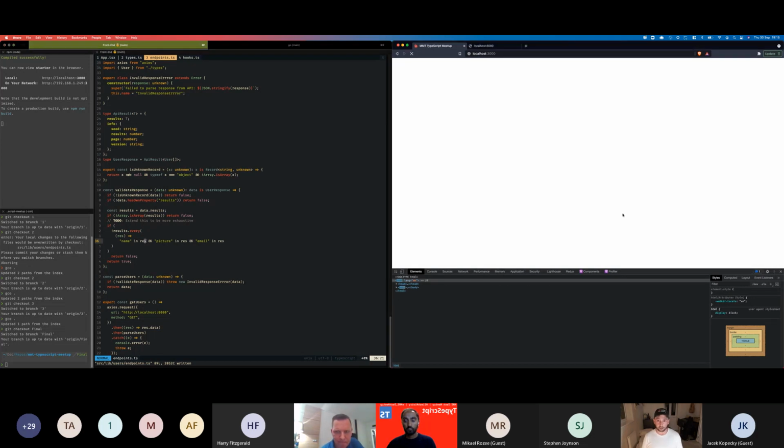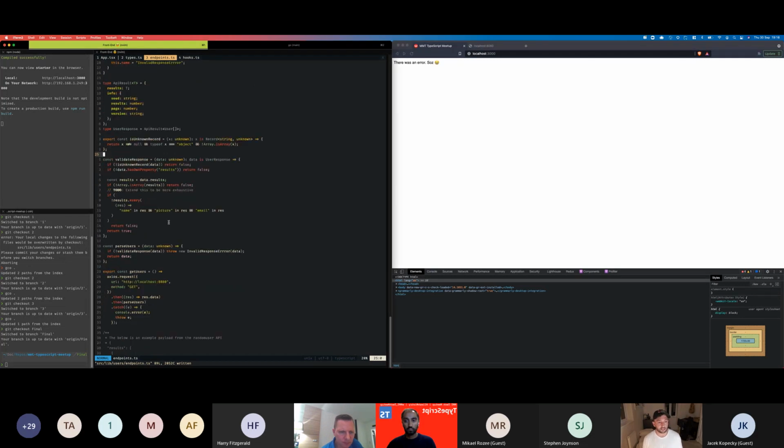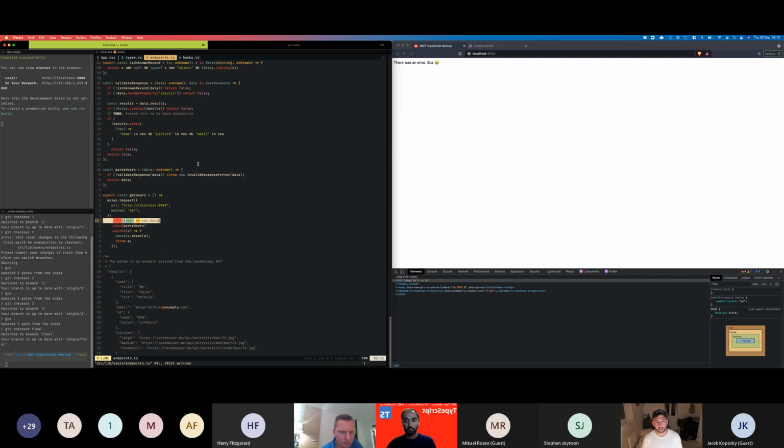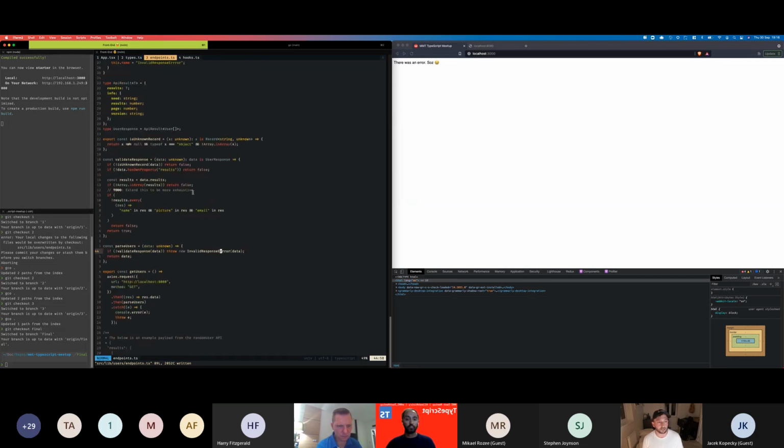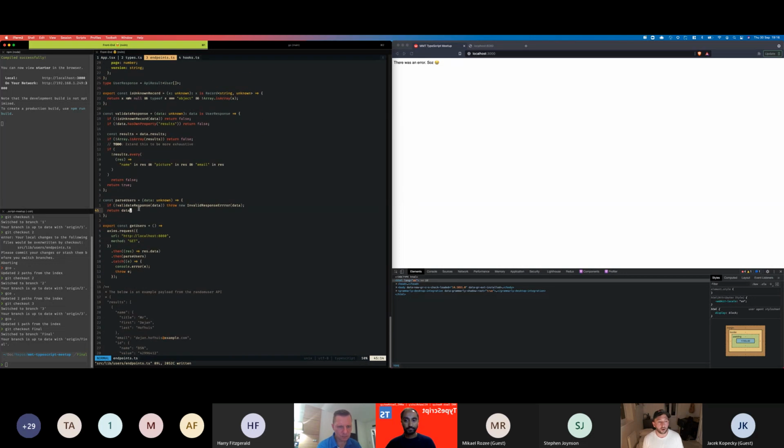This is effectively just an exhaustive property check on every object. You can see I start off by asserting that the data comes in, and because it's Axios, it's got a data property on the response. I then pass that response through to this parser, which does the check on the data. I will take questions, I promise. I'm shooting through this because I know I've spoken for too long already. I run a validation on the data, throw an invalid response error with three R's because I can spell, or I return the data.